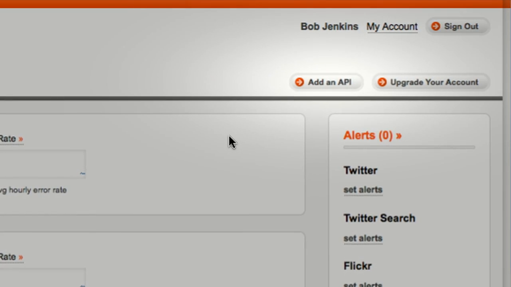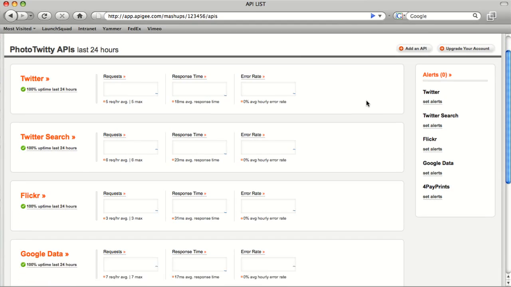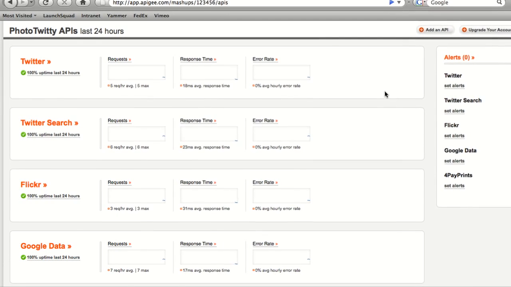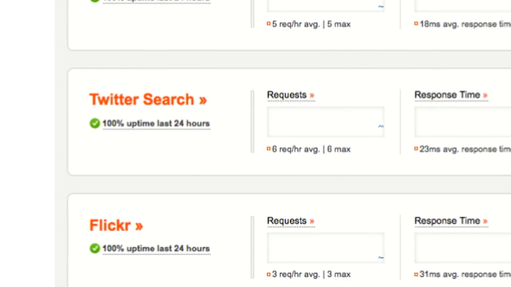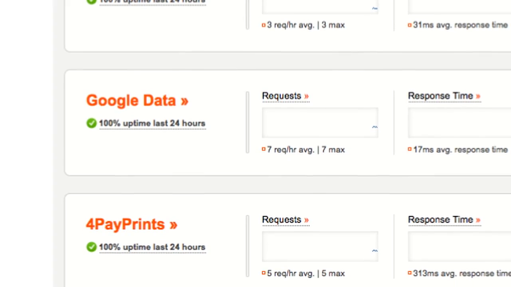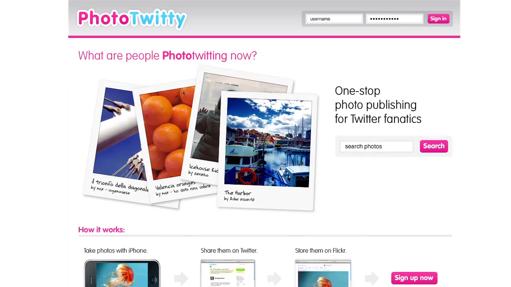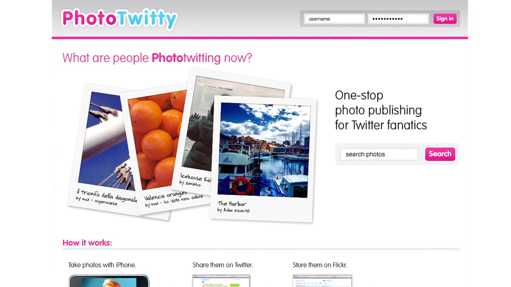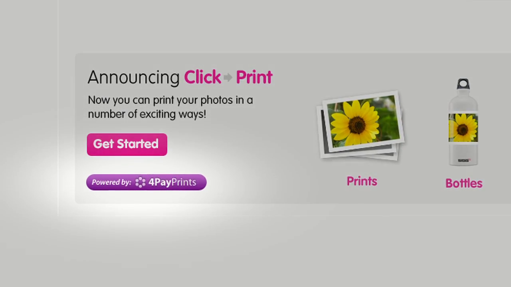We'll repeat the setup for each API our app uses. We'll end up with an overview of all our APIs. In the case of our app, we'll have APIs for Twitter, Twitter Search, Flickr, Google Data, and a 4-pay printing service. When launching an application built on APIs, a company like PhotoTwitty wants to add great features quickly, but they